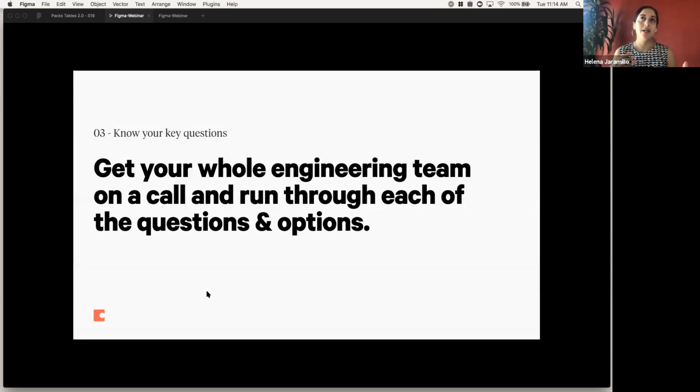And what Gil and I did is that we would come up with these questions during our brainstorms, but then we'd get the whole engineering team on a call, the whole engineering team who was going to work on the project, because we had around 5 engineers working on this. And we'd run through each of the questions and the options. The idea wasn't to make a call on each of these questions right away, but to make sure that the team agreed that these are the most important questions to answer. It's also a really good time to engage your whole team, not just the main engineer that you've been working with.